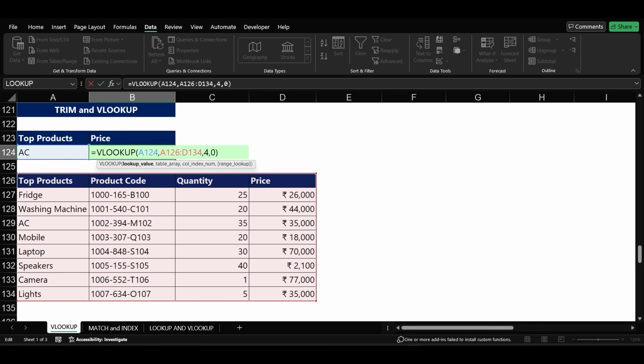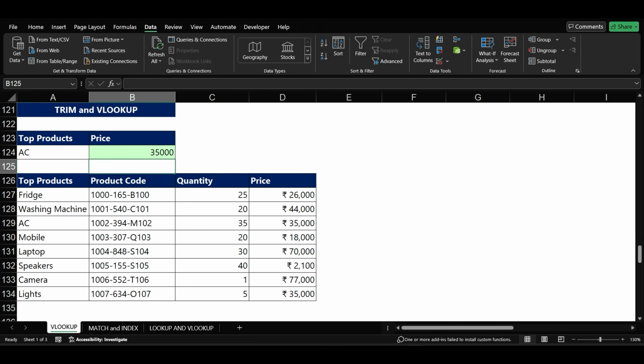So if you think unwanted spaces are there in cell number A124, apply the TRIM function and put that cell number there. So very simple, we can put the trim function and put the cell number and press enter. Now we have got the value here. So if I double click here,